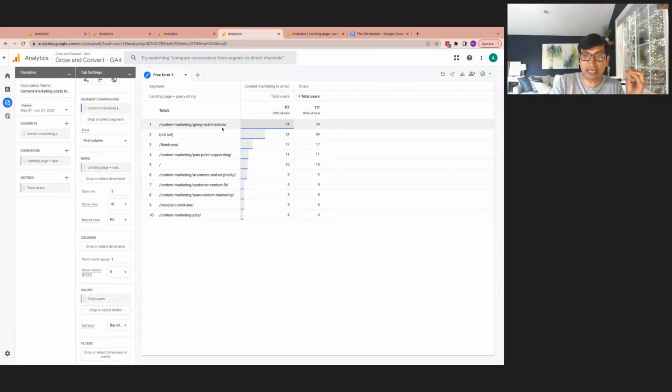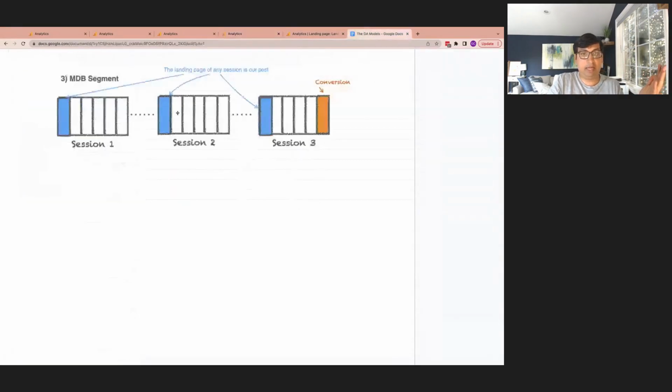And show me how many of the users had this as one of their landing pages. But remember, a given user can have however many sessions they have. Most users will have more than one session. So because each session has a landing page associated with it, most users will have multiple landing pages associated with them